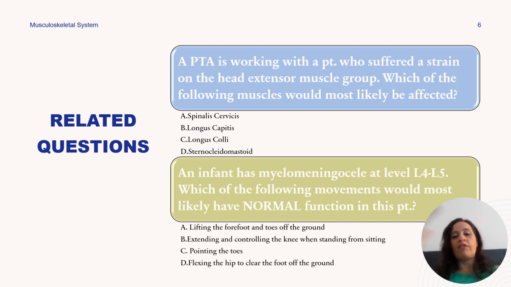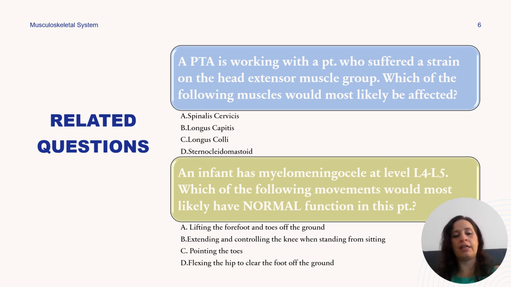So if everything below L4, L5 is going to be messed up, aka let's say knees, shin, calf, ankles, and feet and toes, then the one that is going to have normal function, which is what the